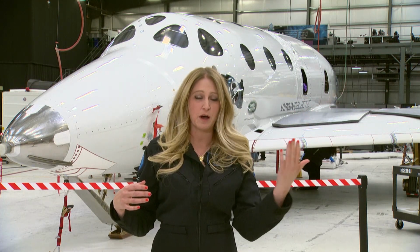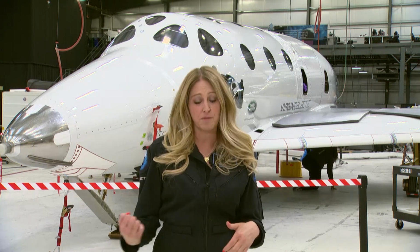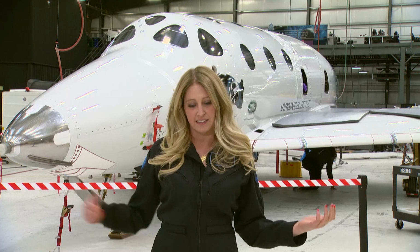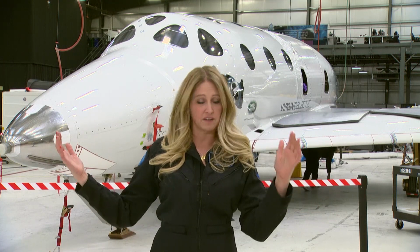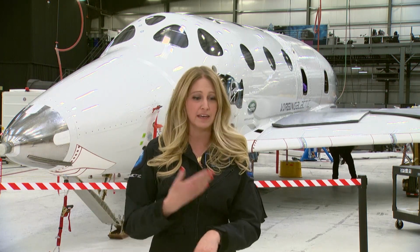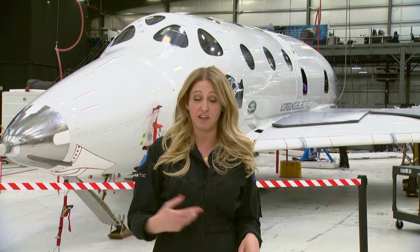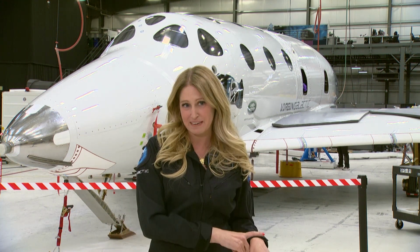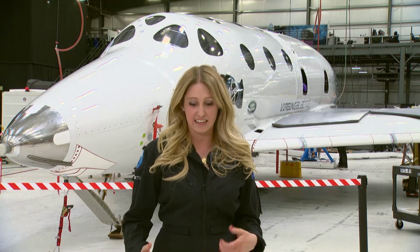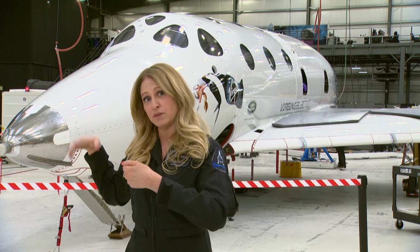Once the rocket motor cut off, the pilots cleared me to unstrap from my seat, and I unstrapped from my seat, evaluated various aspects of the cabin, and then strapped back in for entry, and it all went smoothly and just according to timeline. The first thing actually I did was start my stopwatch so I would know when to get back in my seat, and then I unstrapped and did a slow egress to a window,